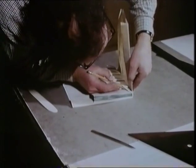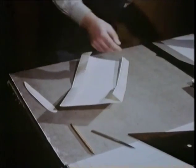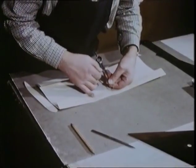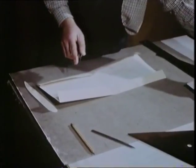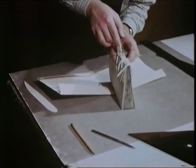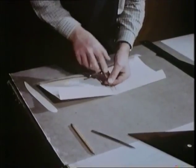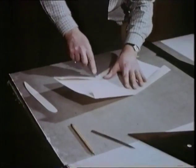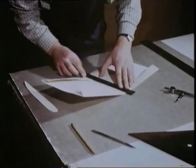Tuck the book back against this fold and mark off the upper cover spine fold and set the dividers. You must be extremely careful at this stage to get a tight joint, and I check against the spine of the book and then compromise to my mark on the vellum. When I feel I've got the correct width,